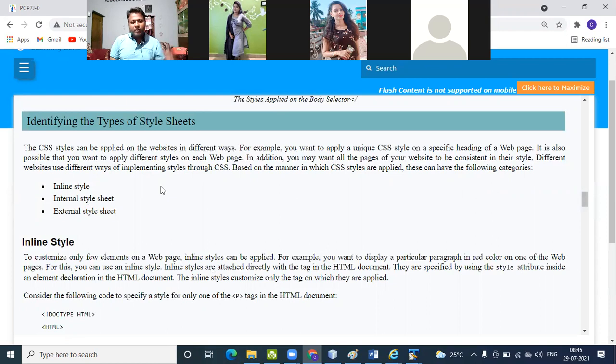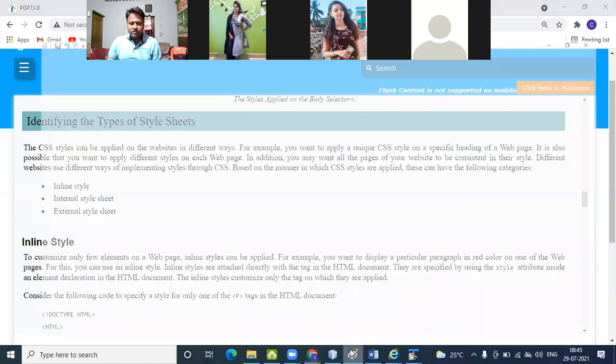External means you create another file and link it to your web page. So in this way, we define the three types of style sheet: inline, internal, and external. These are the three types of CSS we're using.